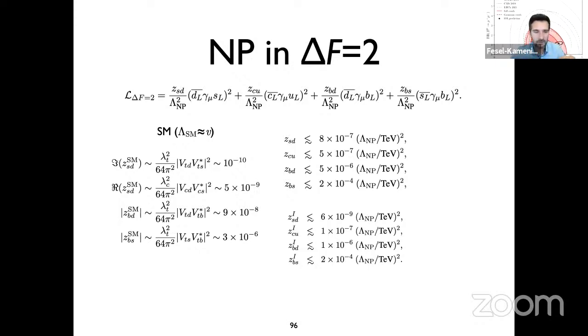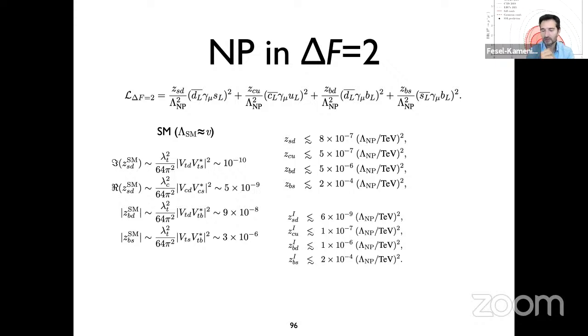And in fact, these Wilson coefficients in the standard model are very small. In the case of the imaginary CP-violating contributions to K-L mixing, the relevant parameter is 10 to the minus 10, okay? And so we see now that in order for new physics to be at low scale so that it can be relevant for the electroweak hierarchy problem, for example, the TeV, then also this new physics has to mimic this